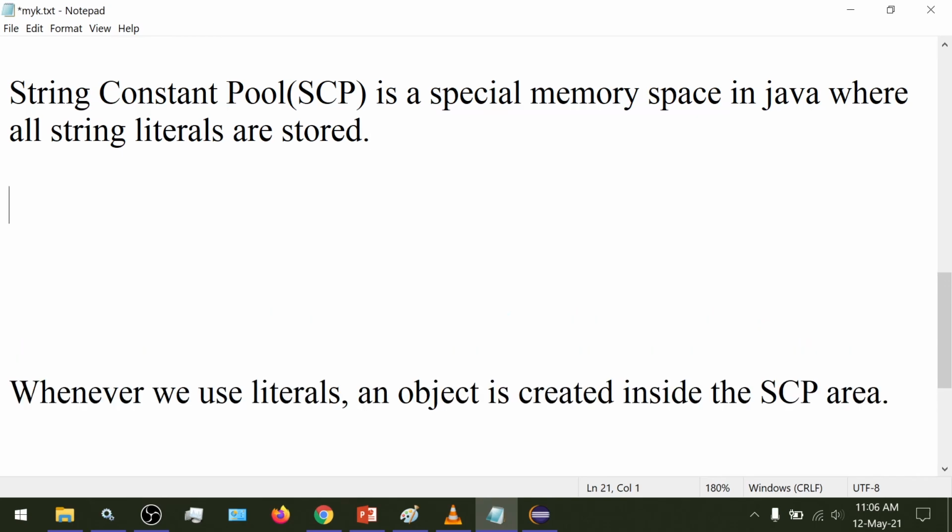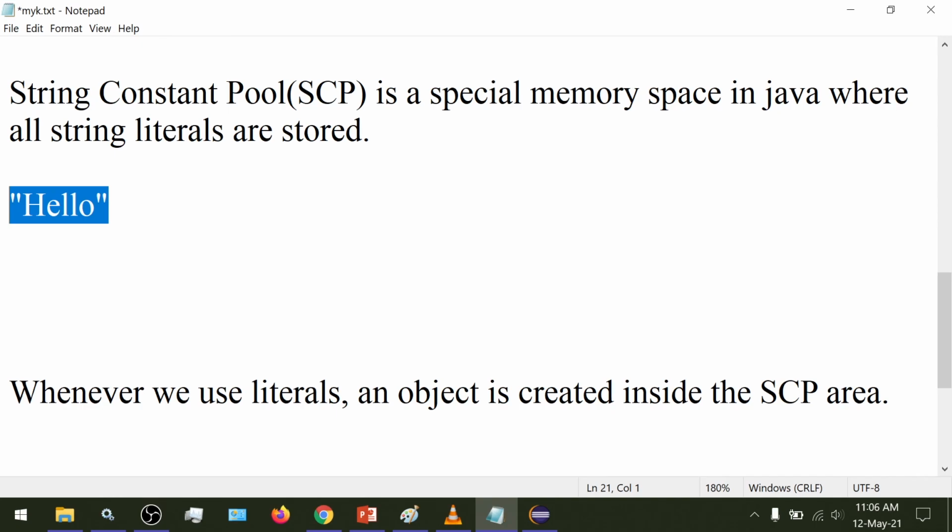So whenever in a program we use string literals like this inside the double quotes, these literals are stored in the SCP string constant pool memory space. So the string constant pool is a special memory, and you might wonder where is the SCP exactly inside the memory spaces that we discussed earlier.